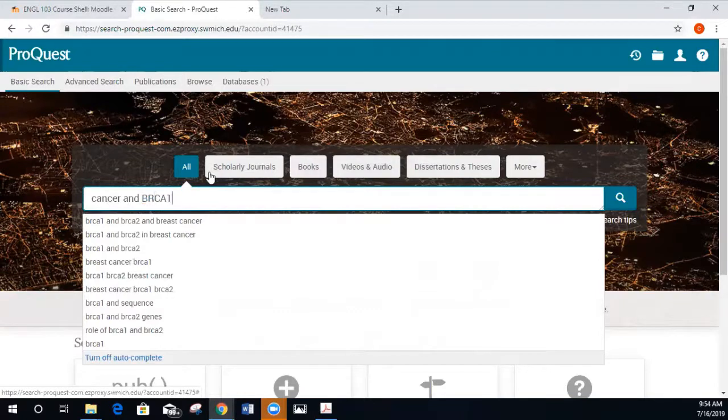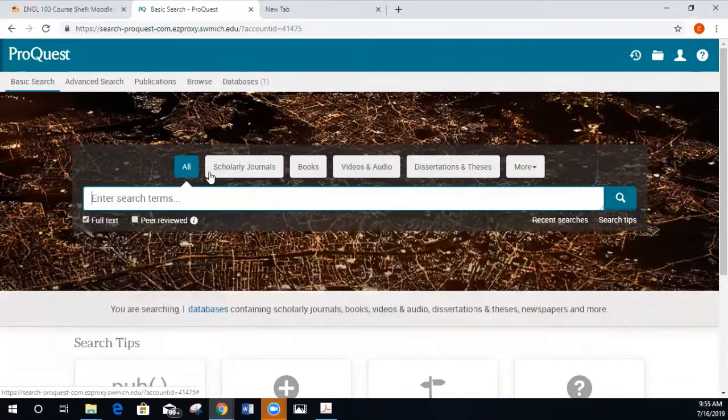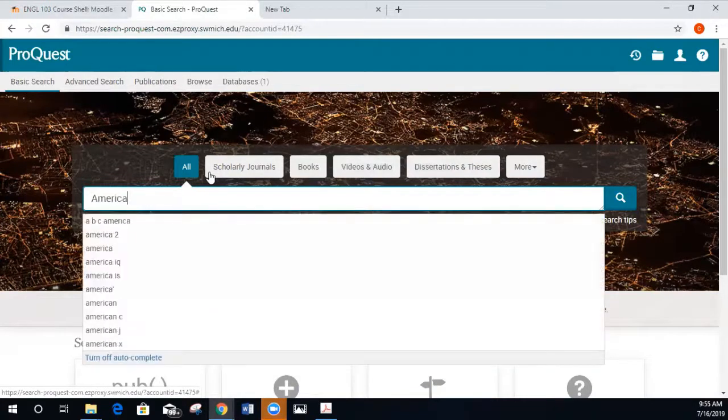Now we have the other Boolean operator that I showed you here, which is OR. OR is for when you have a term such as America. The problem with America is that there are multiple ways that we refer to it. Some say America, some say United States, some say United States of America, some say USA, right?